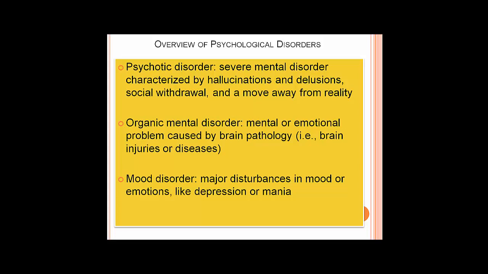What are some of the types, categories, domains of psychological disorders? We're going to go in and look at these in more detail and list a lot of them, although we're not going to actually start doing diagnoses. So psychotic disorders are severe mental disorders characterized by hallucinations and delusions, social withdrawal, a move away from reality. We see this mostly with schizophrenia. There are organic mental disorders, which are mental or emotional disorders or problems that are caused by some form of brain pathology. So that's more organic,